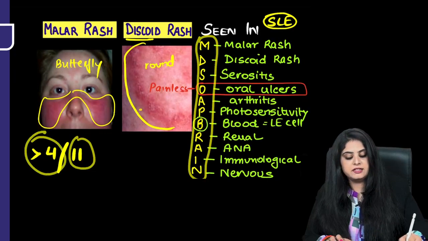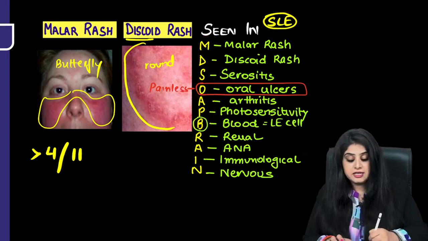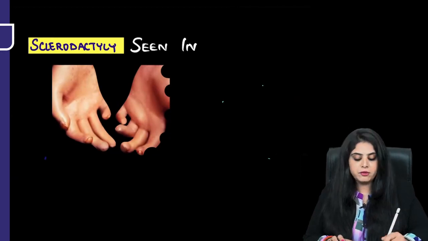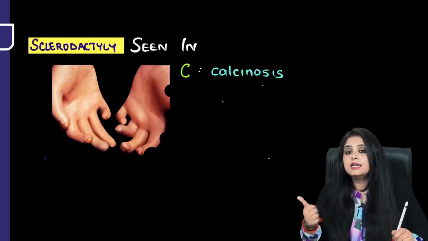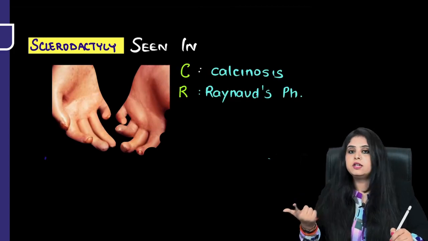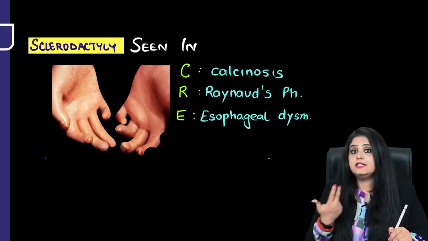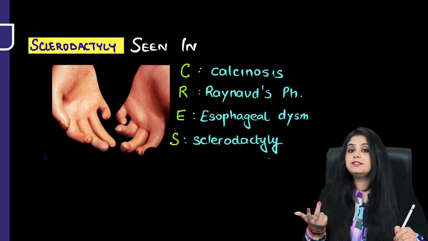11 criteria, at least fulfill 4 and SLE is done. Yes, what was it about this CREST syndrome that I had to tell you? So firstly, what is CREST syndrome? Full form batao. What is CREST? C for calcinosis, R for Raynaud phenomena, E for patient will have difficulty in eating, esophageal dysmotility, S for the